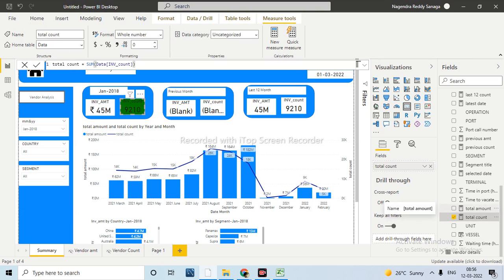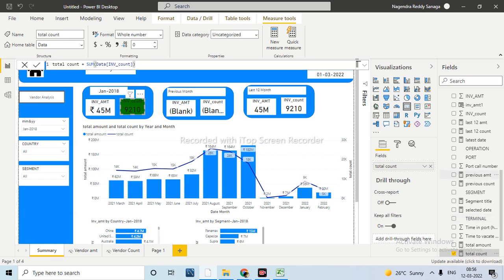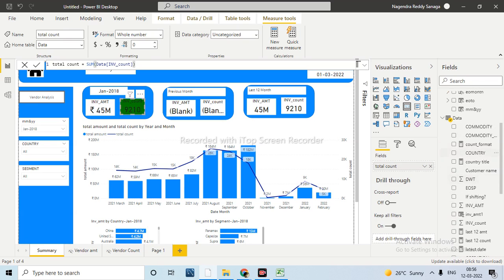Okay, sum of invoice count. The measure which I have written, one second, the format, right? See, that is the mistake. Even yesterday this guy has done it. Here we are taking the count, right?